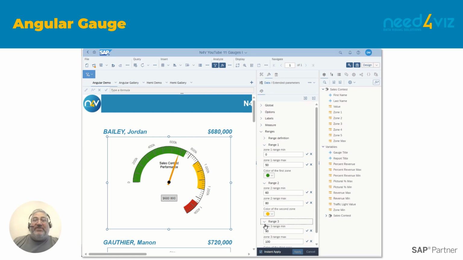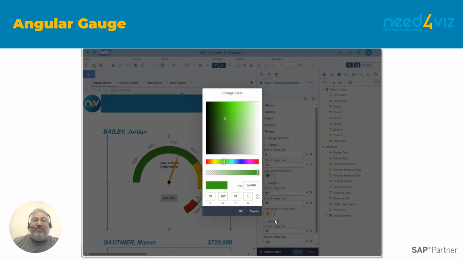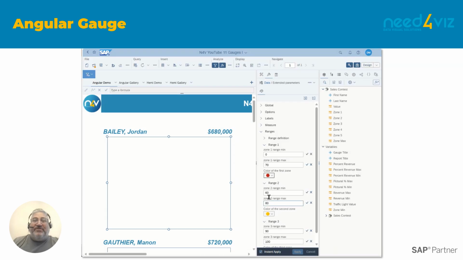Finally, I'll adjust the colors and positions of the ranges. So the angular gauge can have 3 ranges, and notice by default that low values are green or good, and that high values are red or bad. Since this is a sales contest, high values should be good, and I'll swap the red and green colors. The use of red, yellow, and green is not required, and any colors can be chosen for the 3 ranges.